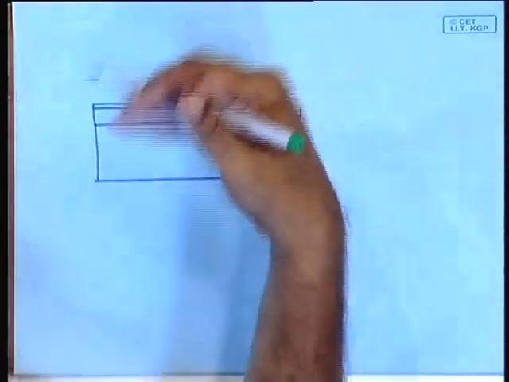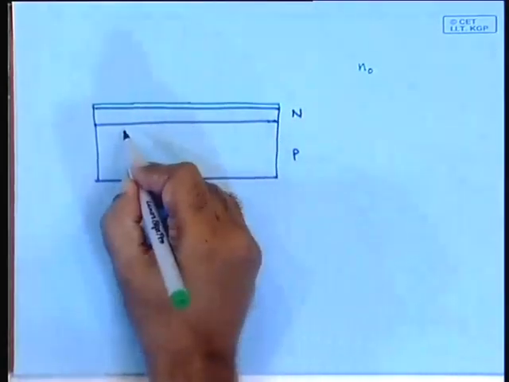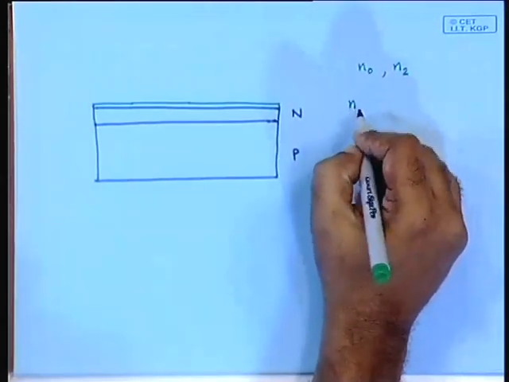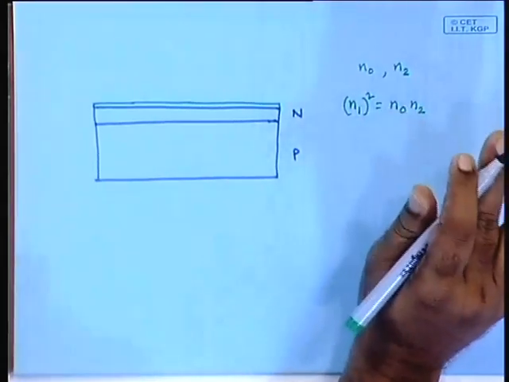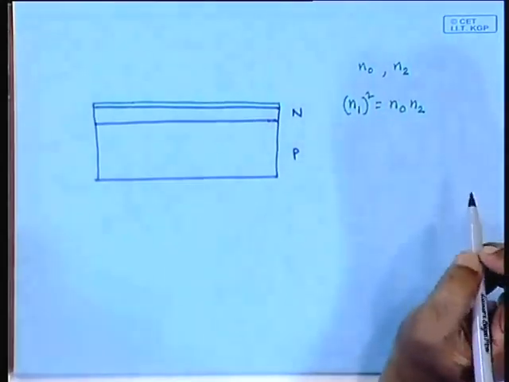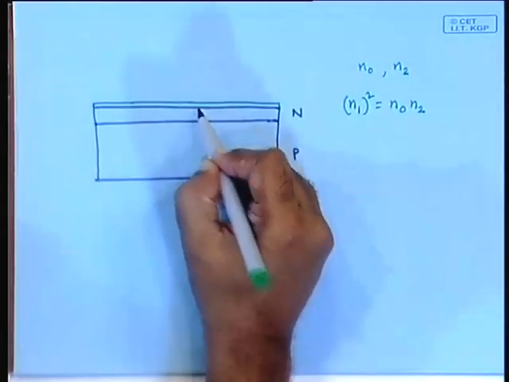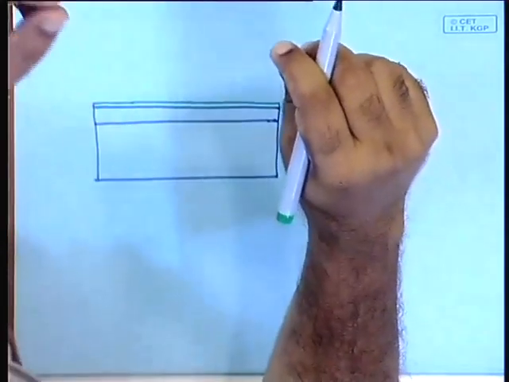Normally the air's refractive index is say N naught, and this material silicon's refractive index say N2, then this material should have the refractive index N1 square is equal to N naught N2, and there are materials that have this kind of refractive index. Now, if you choose that material and lay a small thin layer of thickness about 1/3 the wavelength of one of the frequencies, one of the colors in the incident light.